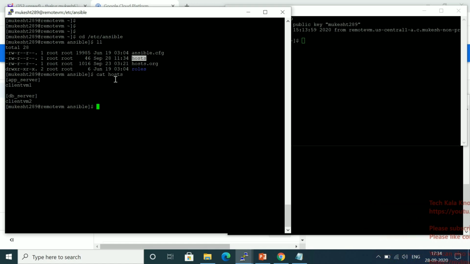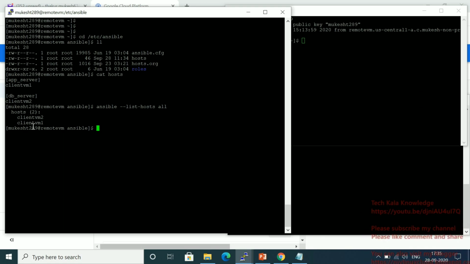So this is an inventory file. If you want to check with a command, you can also do that. You have to run the command ansible --list-hosts all. If you run this command, it will show the host names inside your inventory file.